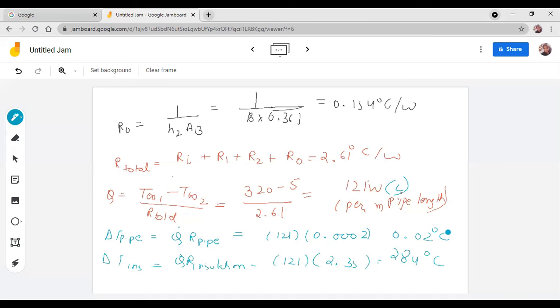So we notice the thermal resistance of the pipe is too small compared to the others, and it can be neglected. So the temperature drop across the pipe is zero. The pipe can be assumed to be isothermal. The resistance to heat flow in insulated pipes is due to the insulation. So now we see that heat loss can be reduced by applying insulation, which is in fact the application of these multi-layered cylinders. So I hope you understood some concepts with the help of this question. Thank you.